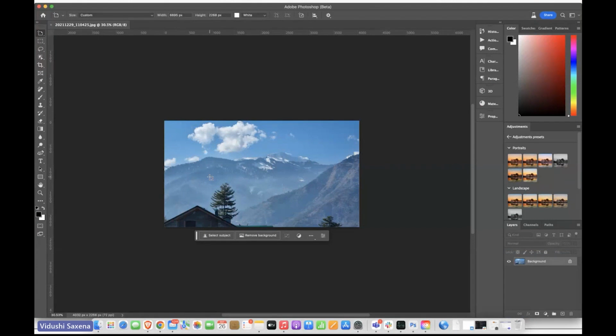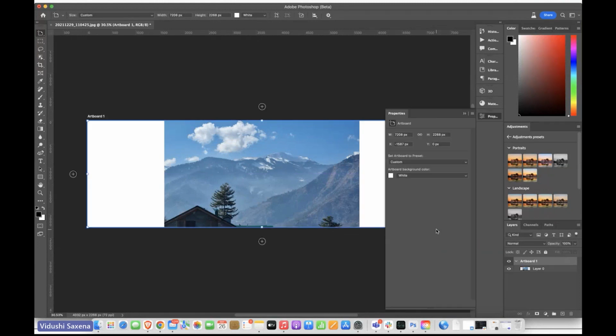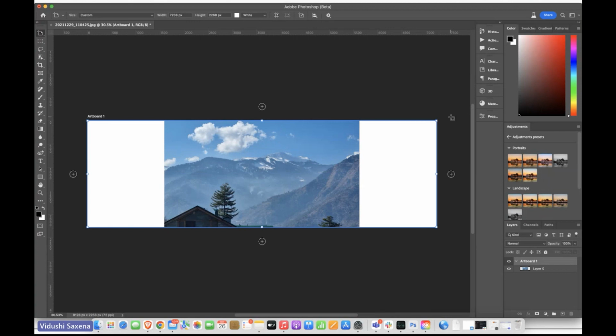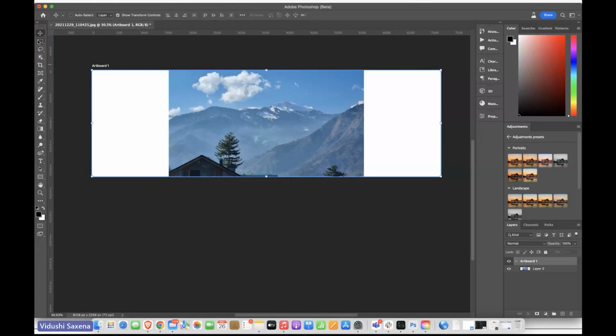So let's extend the artboard a little because I'm assuming the billboard would be of a bigger size. So of course I've extended the artboard, but I have parts of white spaces on my image. Now we have this option of making the selection of both. Just select this area. I'm using the rectangular marquee tool, then add another selection. Now there are two ways of